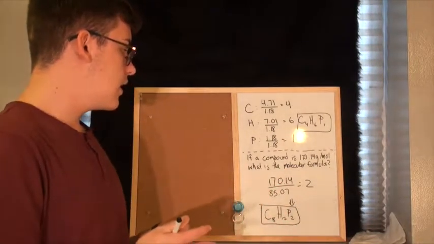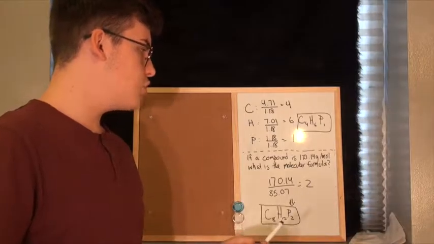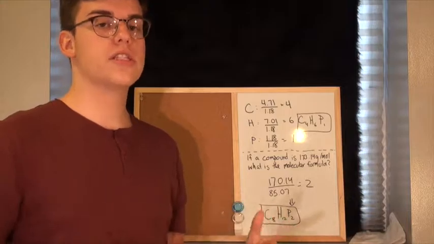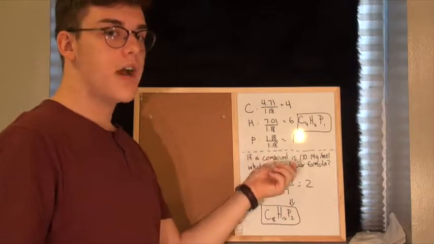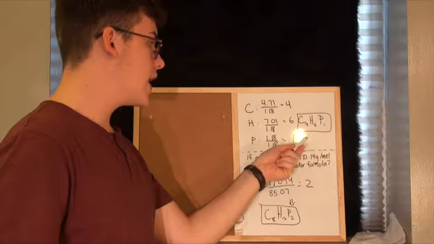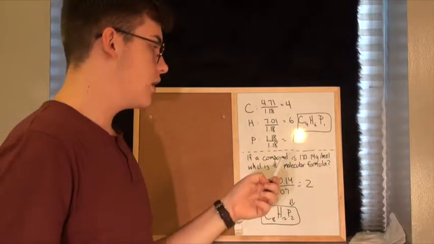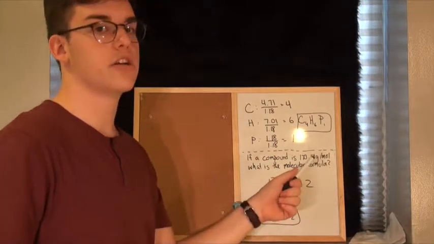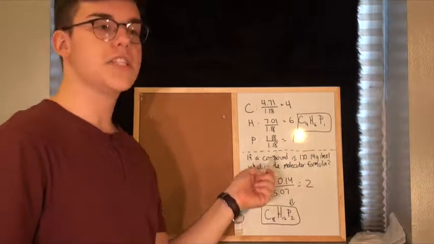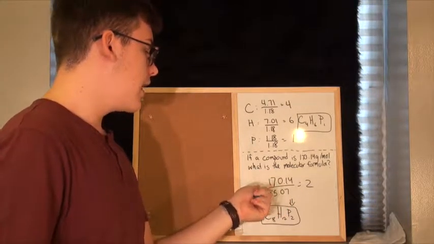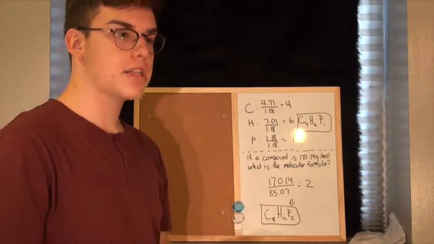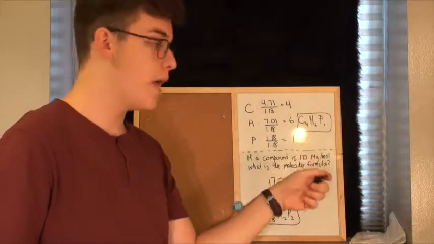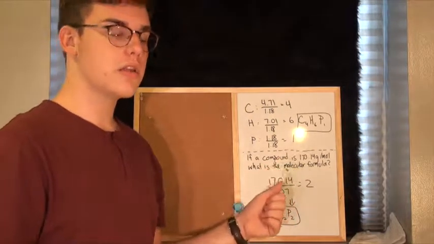So for example, for the molecular formula, let's assume that a compound is 174.14 grams per mole. All you need to do to discover the molecular formula is divide the compound's molar mass by the molar mass of the empirical formula. So I already did the math, and the mass of the empirical formula is 85.07 grams per mole. So 170.14 divided by 85.07 gives you approximately 2. So all you need to do is multiply the subscripts of the empirical formula by 2, and you discover that the molecular formula is